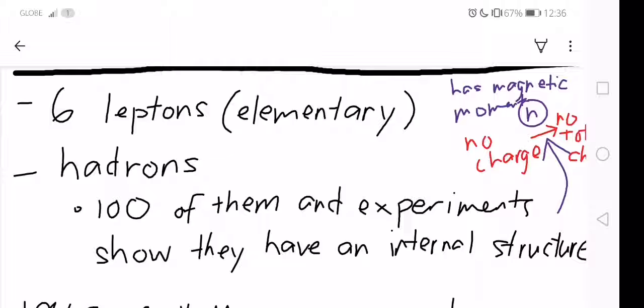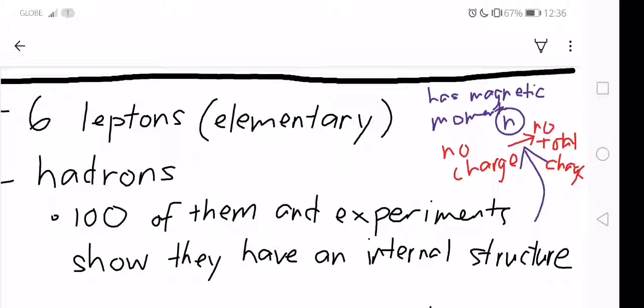So far, the six leptons were shown in experiments to have no internal structure, so they are known to be elementary particles. On the other hand, hadrons have been shown in experiments to have an internal structure, and we know that there are many types of hadrons. For example, a neutron, which is a hadron,